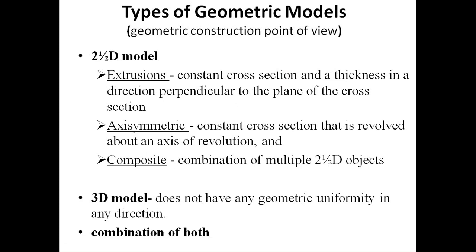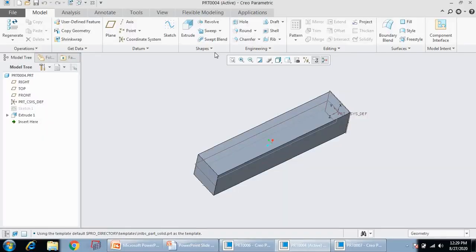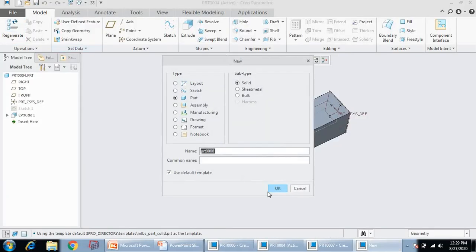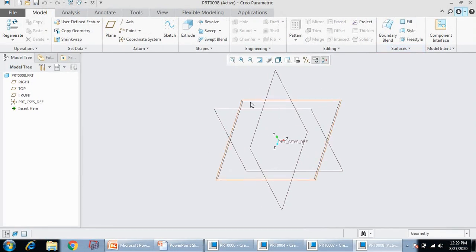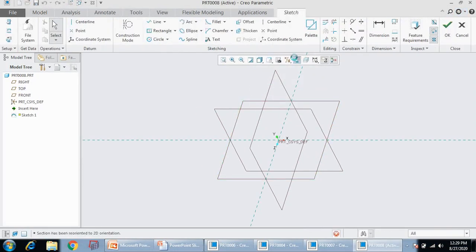Now let us discuss the third model, that is the composite 2.5D model. This is a combination of the other two models, meaning there will be more than one extrusion or more than one revolution. So let us see in software how it is represented. We'll draw one simple geometry again.